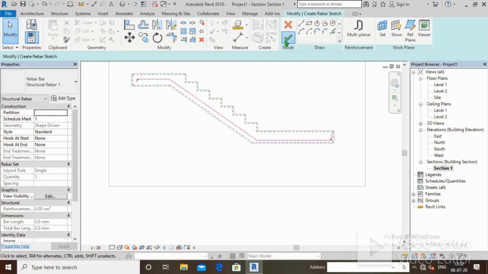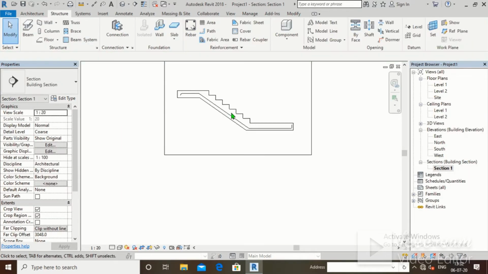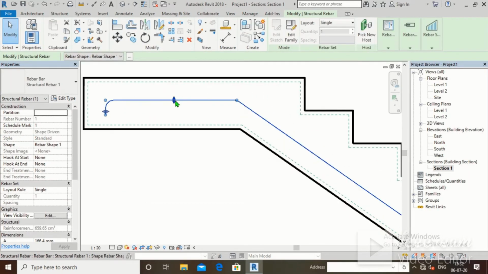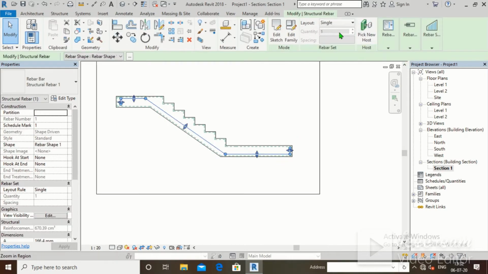We will click on OK. Now the angle which I have provided for this bar is temporary. We will change it later. So just move it a little bit upwards. Select that bar. Layout, maximum spacing 100 mm.